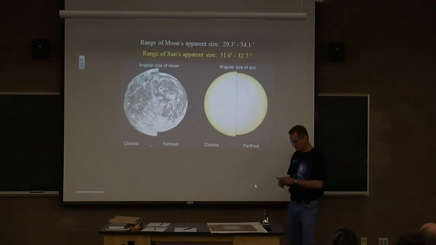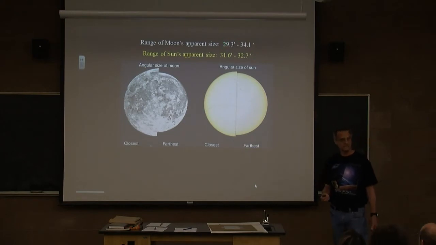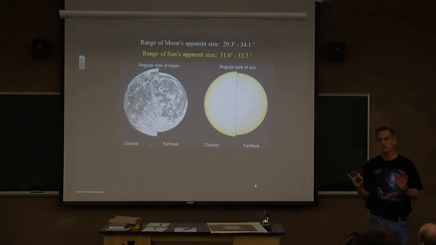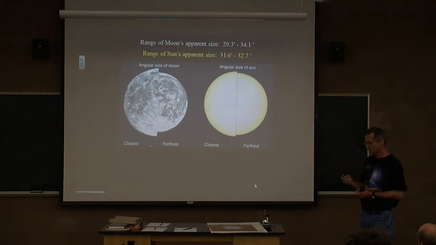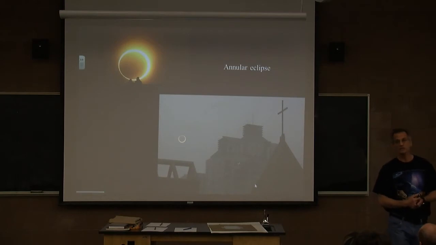It's interesting that the range of sizes for the moon goes from around 29 arc minutes, an arc minute being 1/60th of a degree, up to about 34 arc minutes, whereas the sun's range of apparent sizes is about 31.5 to 32.5. This means when the moon's at its biggest, it can block the entire sun no matter how big the sun appears. But when the moon's at its smallest, it will not block the entire sun no matter how small the sun looks. So sometimes we have total eclipses and other times we have what are called annular eclipses.